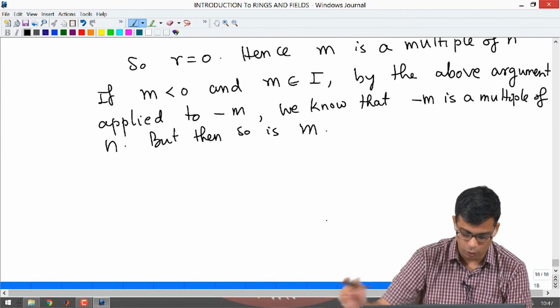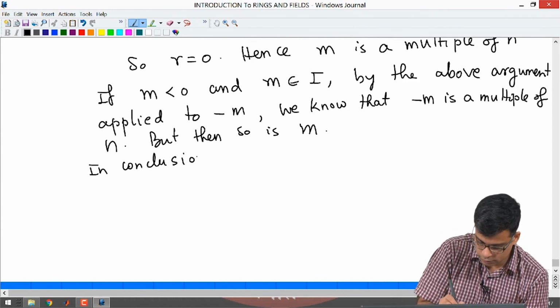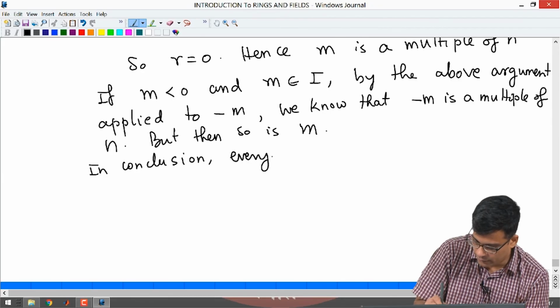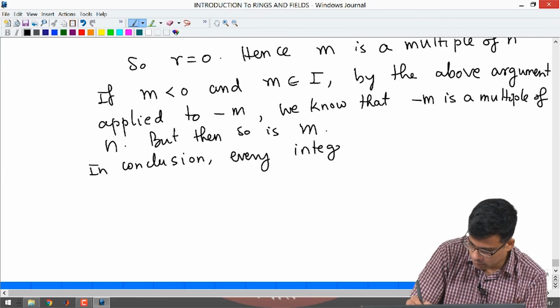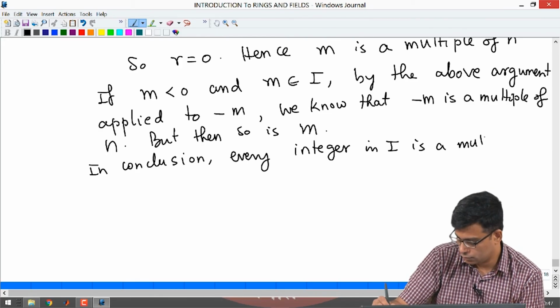So, in conclusion, every integer in I is a multiple of n,